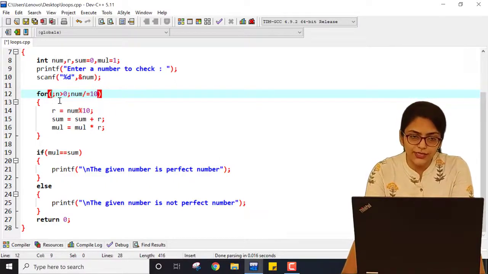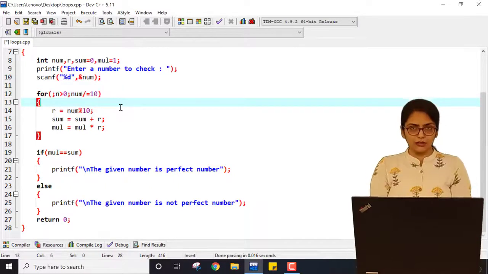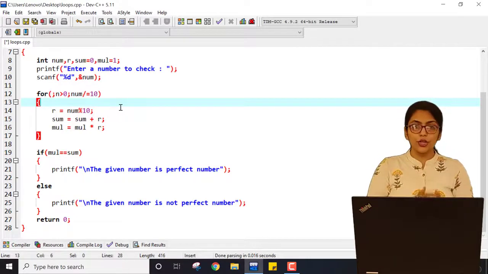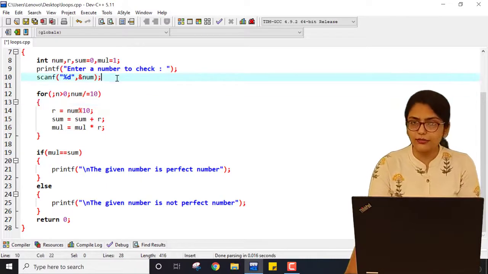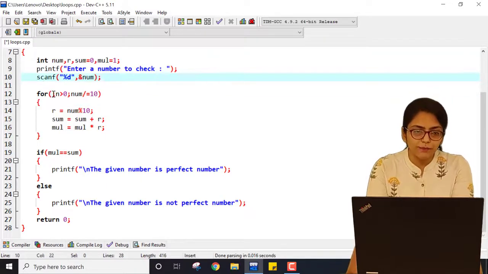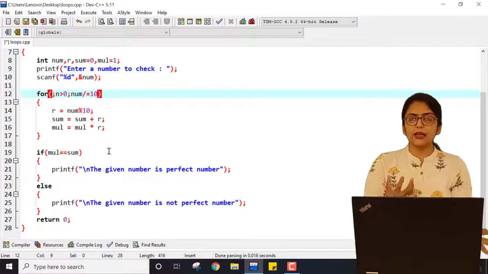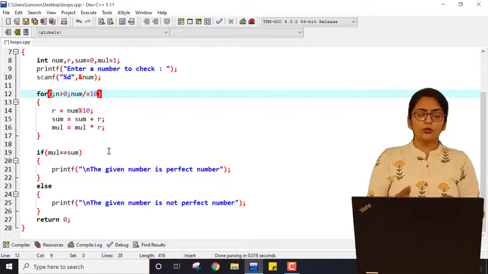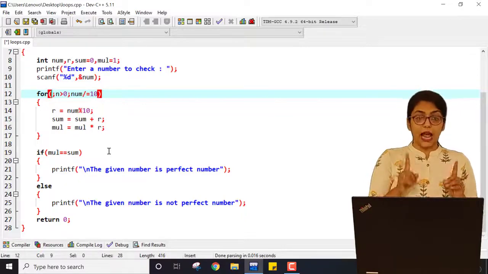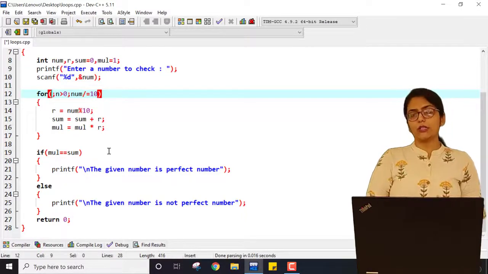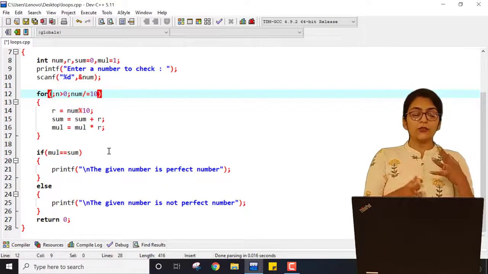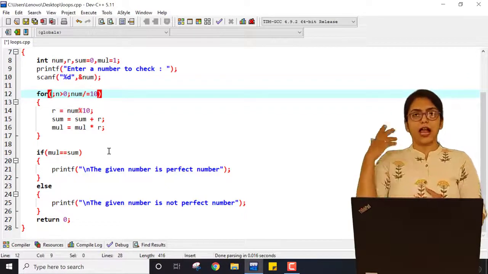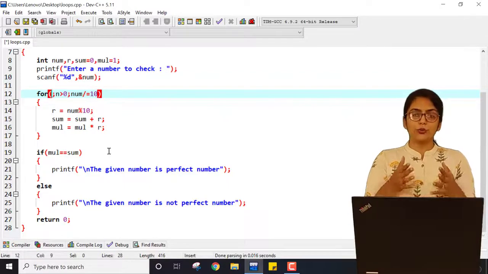And what will be the initialization? Do I need to initialize n? Here n is the loop variable. Do I need to initialize it? No, because n is already entered by the user. So you can just place a space over here. You can just skip or ignore this. You don't need to compulsorily write anything. But yes, you have to write 2 semicolons for executing a for loop. That you will study in your subject called compiler design in the higher semesters, that why you need that.